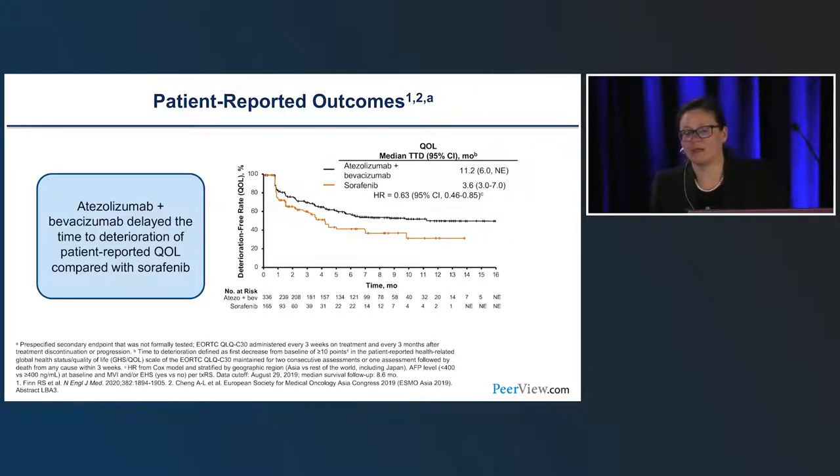So this was a well-selected group with a good side effect profile. And what was also very nice to see is there were patient-reported outcomes collected on this study. So not only are we getting improved survival and responses, but we also saw that there was a delay to time of deterioration by patient-reported quality of life, which I think is really important, and especially in this cancer